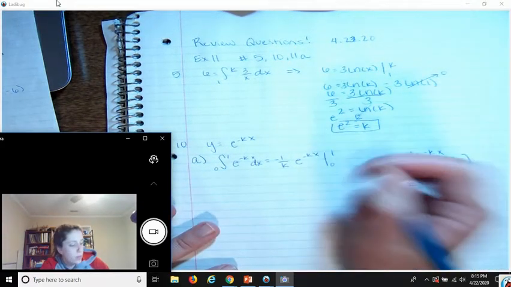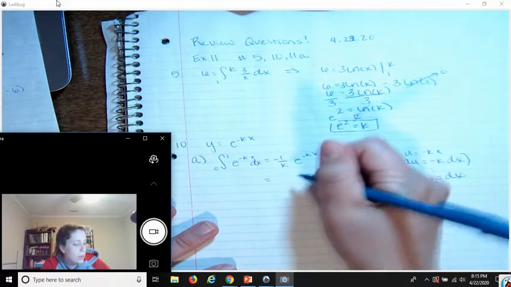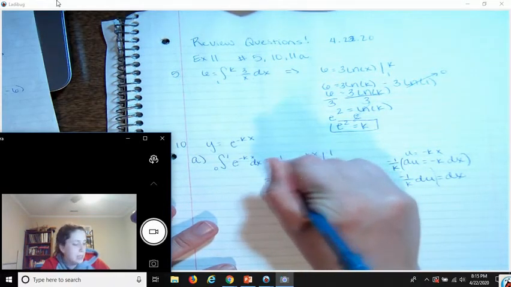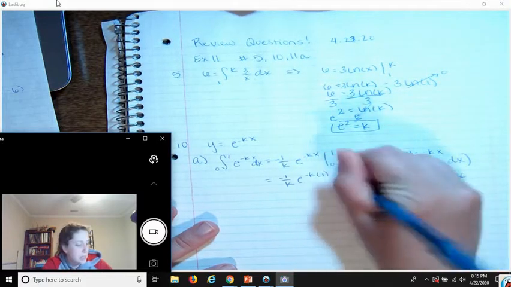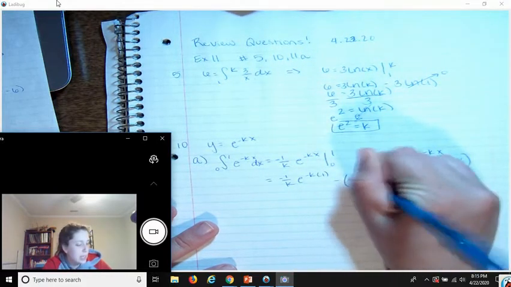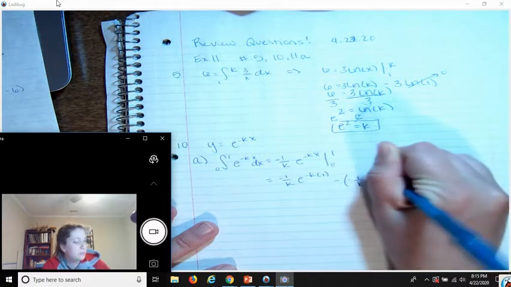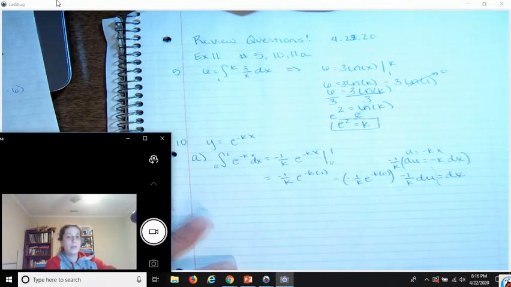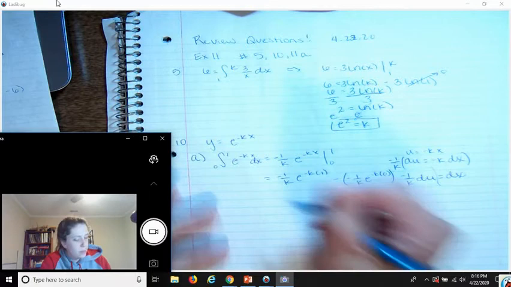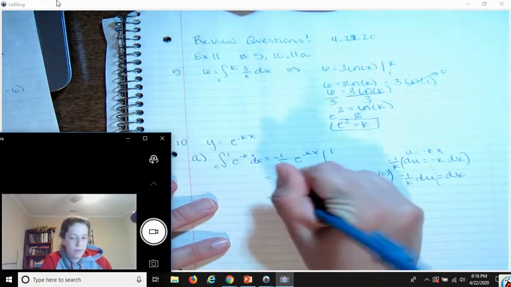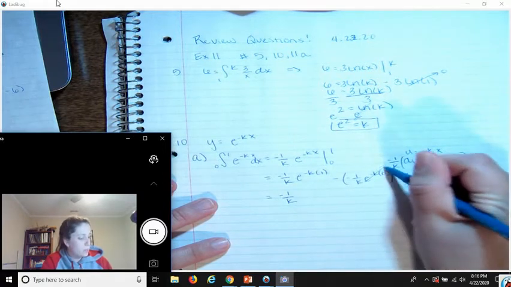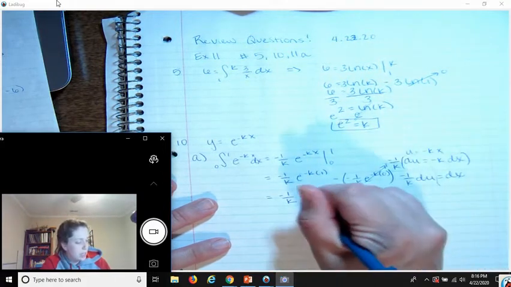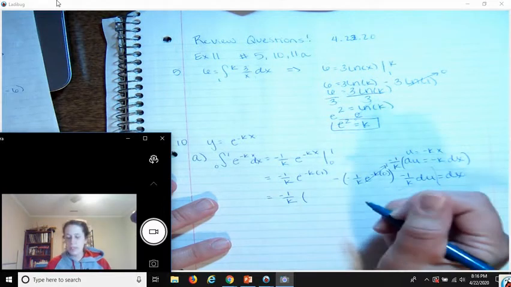And then when we fill all this in, we would get negative 1 over k e to the negative k times 1 minus negative 1 over k e to the negative k times 0. Okay. And then this ends up being negative 1 over k. Anything to the 0 power becomes 1. So then this is going to end up being